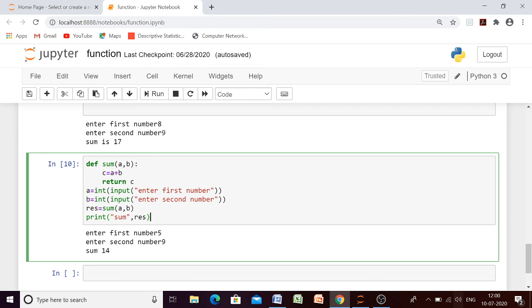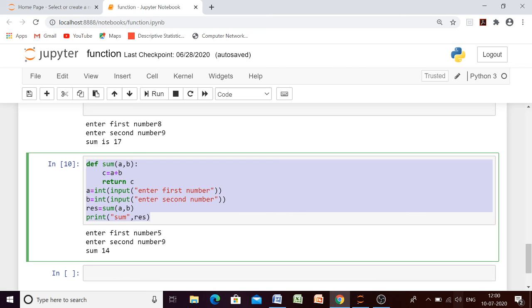If you are simply printing a message in your program, then there is no need to give input. For example, if I ask you to write a program to print a hello message, then there is no input required, because we are not going to calculate, we are not going to perform any mathematical calculation upon that, so no input is required. So for that particular purpose, no parameter will be there, no return statement will be there. But if you are going to perform any calculation, then try to use parameters and then a return statement will be there. So the fourth one is the most commonly used function.